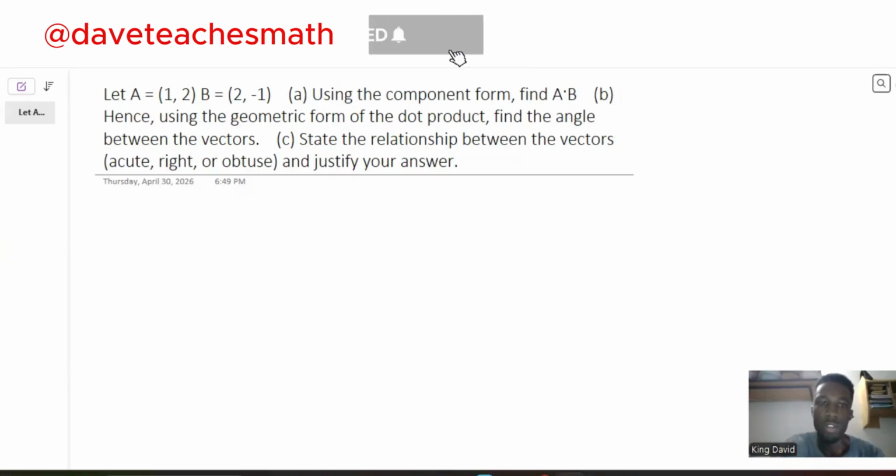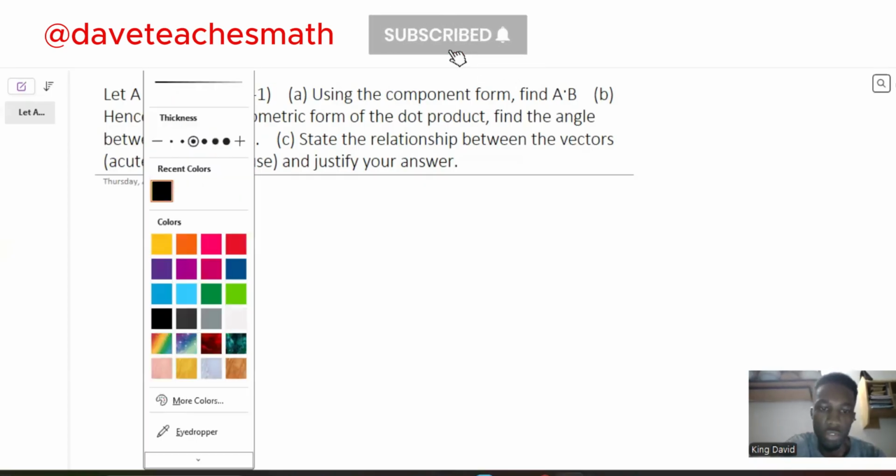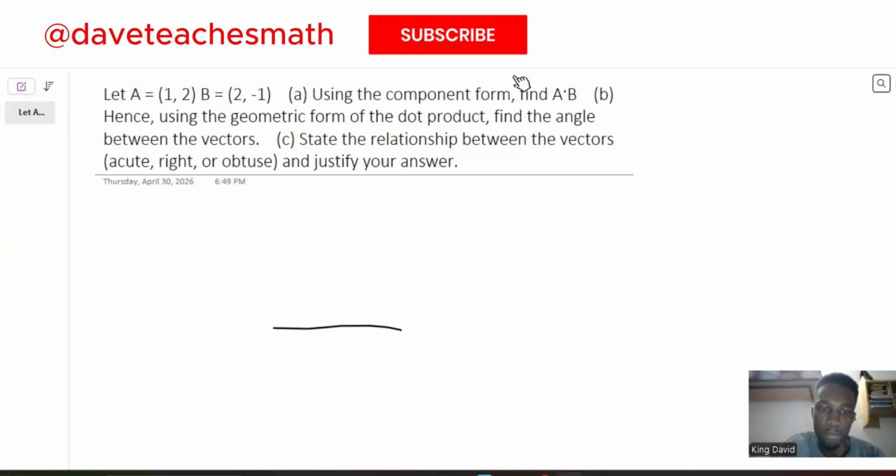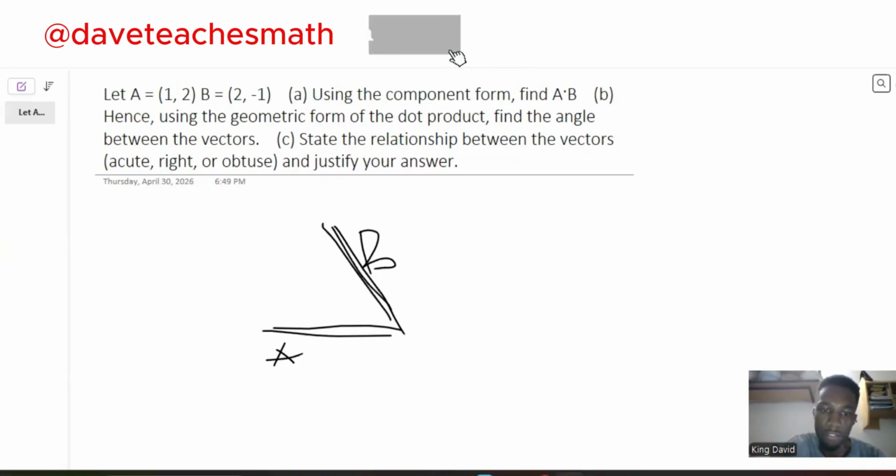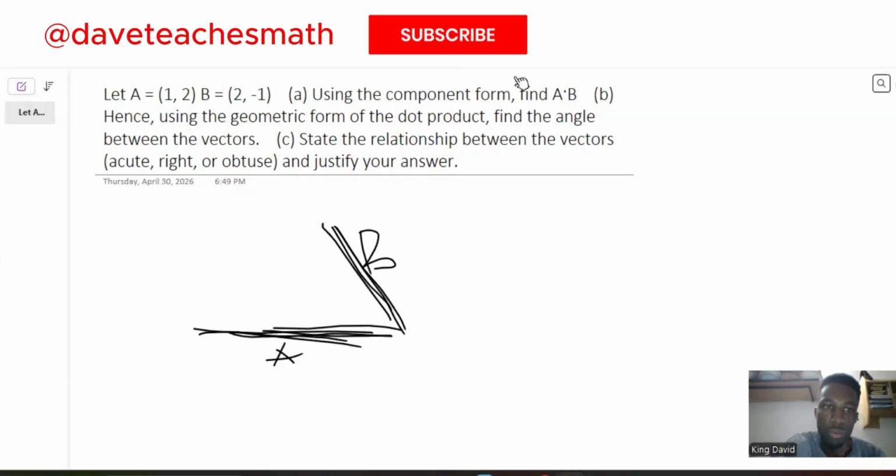Okay, so let's briefly explain what dot product is. Supposing you have two vectors, A and B, the dot product measures the amount of one vector in another vector. So we are looking at the amount of vector B inside vector A, or the amount of vector A inside vector B. A practical example is supposing you have a plane